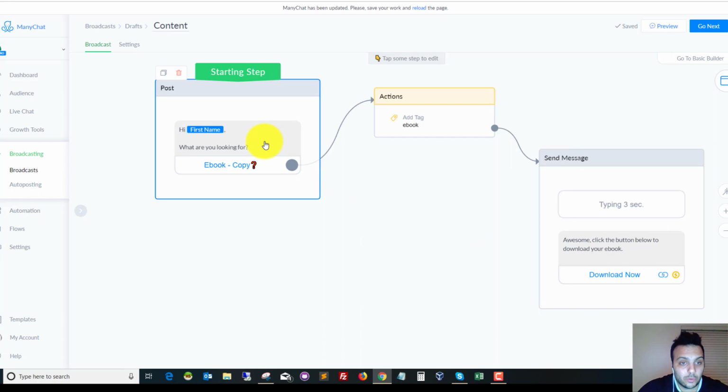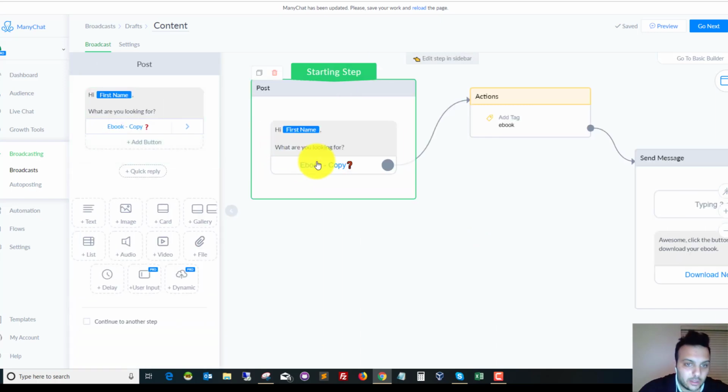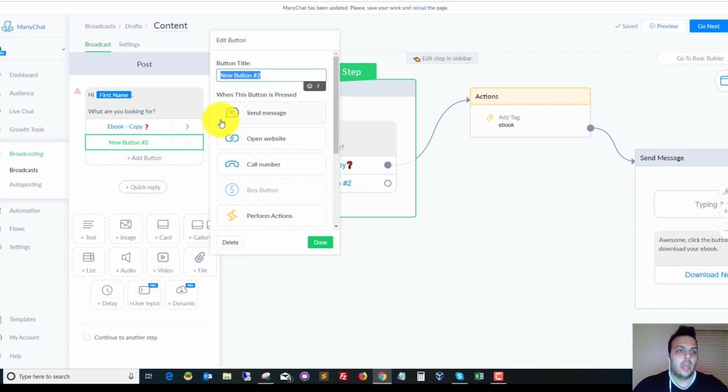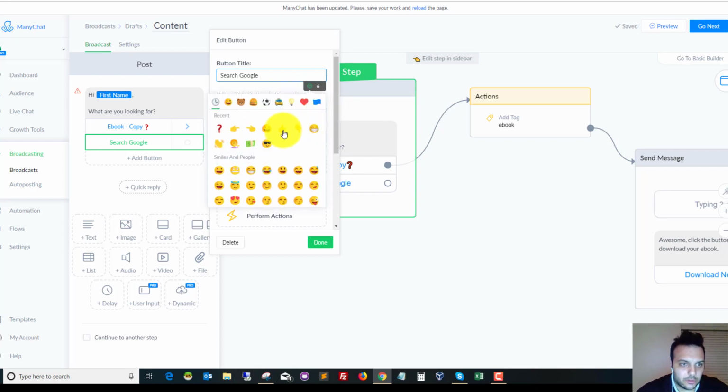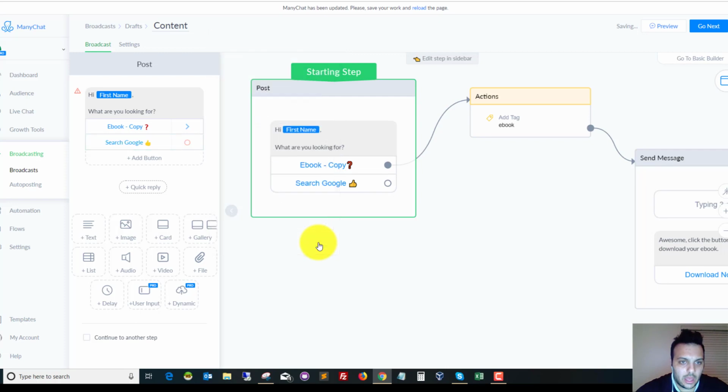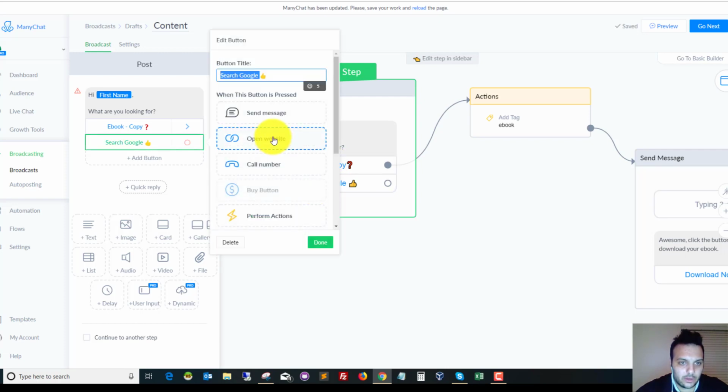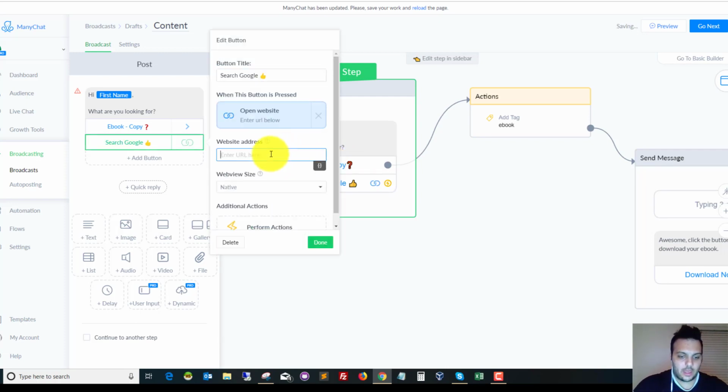If we wanted to add another one, we can click add button, and this time we're just going to take them directly to a website. So we're going to say something like search Google. I don't know why you would use that, but we'll just use that as an example. We'll do the emoji, and then we'll give them a thumbs up. And then if we click on it, click open website, and then in here,